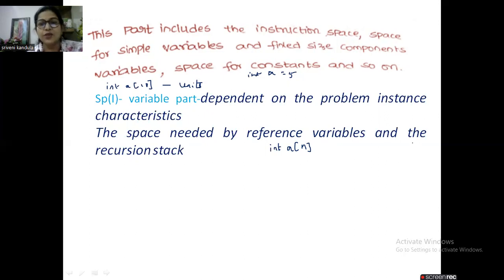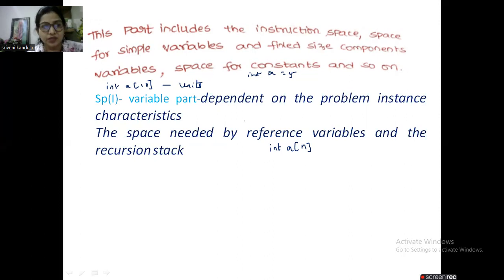And also when we are working with recursion programs, depending upon the n value, the depth of the recursion will change. So there my requirement is different. Here, before running the program, I don't know my memory requirement. So I am calling this the variable part. Are you clear with what is fixed part and variable part? In the fixed part, I clearly know the amount of space needed for my program to run,